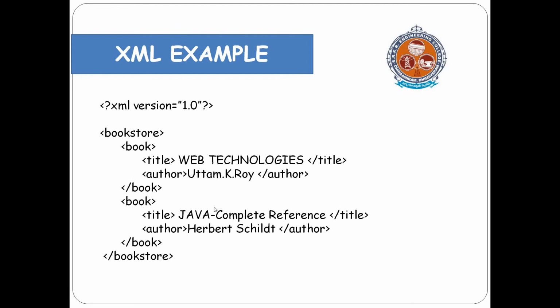One example is a bookstore. One bookstore has created an XML file. So this is the bookstore, and it has some child elements, book, and there are subchildren in book, such as title and others. Similarly, it has another child. This is an XML document created by one bookstore. So let's see an example of our college, how an XML file can be written and how it will be saved.